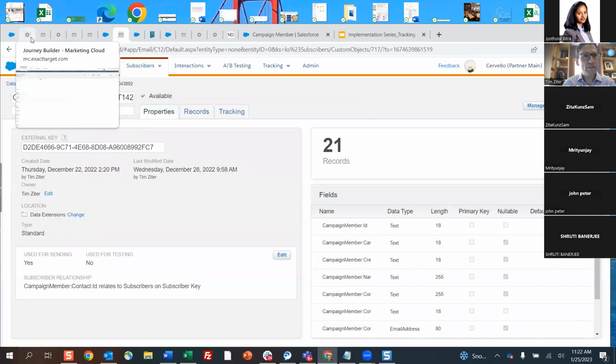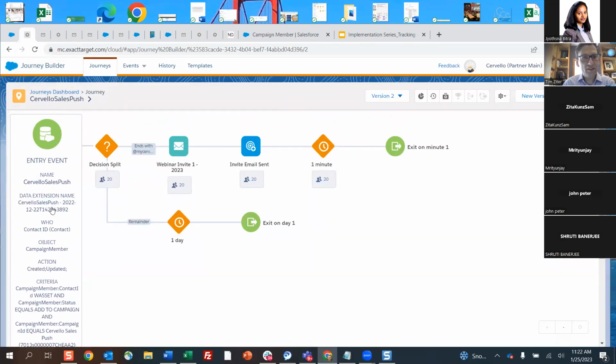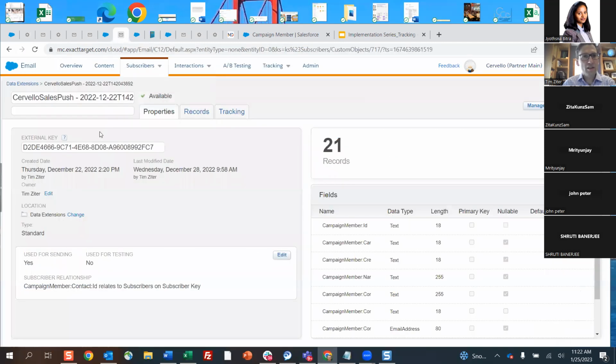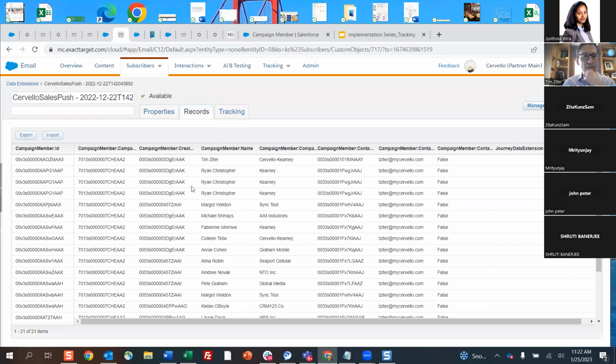So we can really just validate the data. We're going to be looking for the data extension that's tied to this journey. It's called Cervelo Sales Push. Here it is, we've pulled this up. And let's take a look at these records. So we want to validate that the data extension is going to include records that would align to,